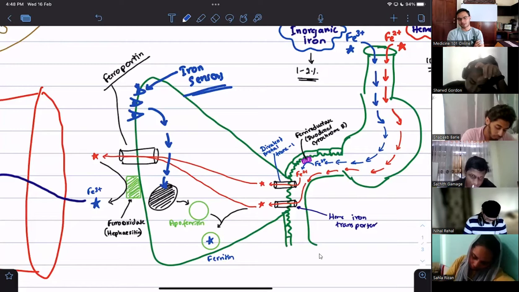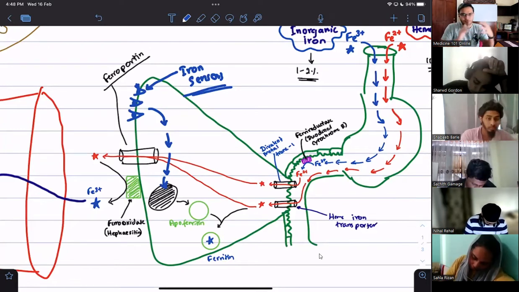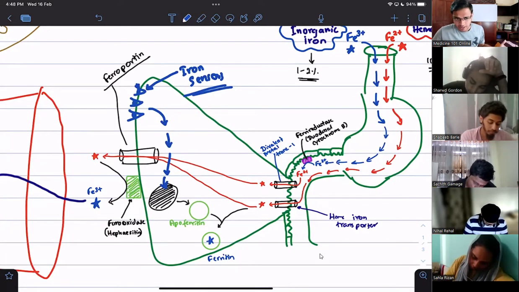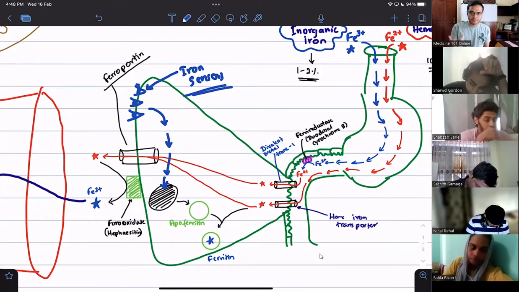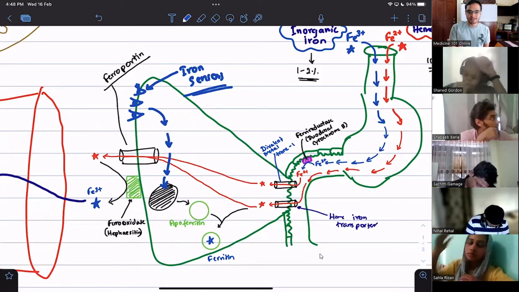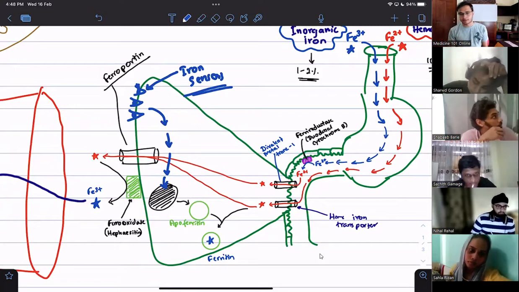So tell me this. I have a patient in iron deficiency, and we still didn't talk about what happens exactly in iron deficiency, but I will tell you for now. The serum iron is a little bit low. In this patient's blood, iron concentrations are low. What sort of a signal do you think iron sensors give to the nucleus?